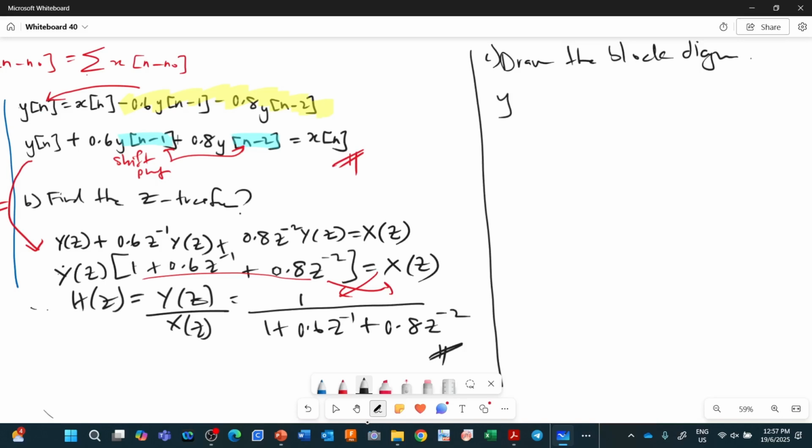So how you want to write it out is that we are going to take yn and leave yn over here. The rest we take to the right side. So yn equal to xn minus 0.6 yn minus 1